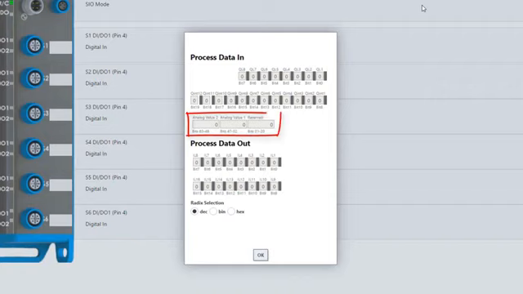Analog value 2 and analog value 1 are outputs from the SIG100 and calculated via the logic editor configuration. For example, this may be a counter value. Process data out is the data being transmitted to the SIG100 from the IO-Link master. As mentioned, two different data formats can be selected from the configuration page and will be reflected in the Pinout